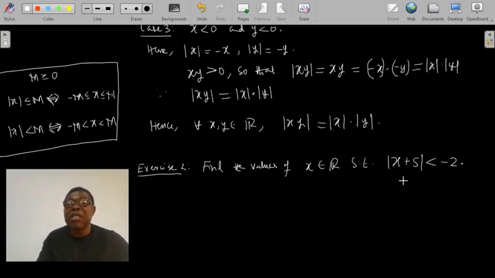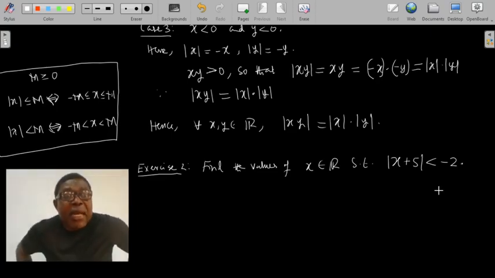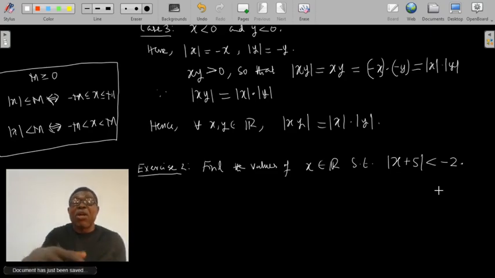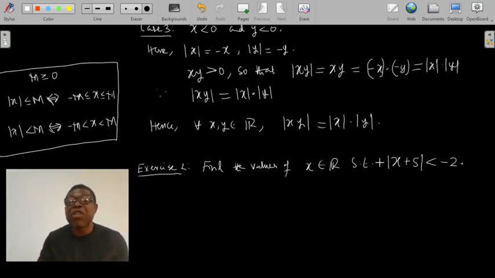And this therefore means that telling us to find the values of x so that absolute value of x plus 5 is less than or equal to minus 2 leads to something that doesn't make sense. And this means that the values of x for which this will happen in R is empty. That particular collection must be an empty set. So just to formalize things, I may put here that